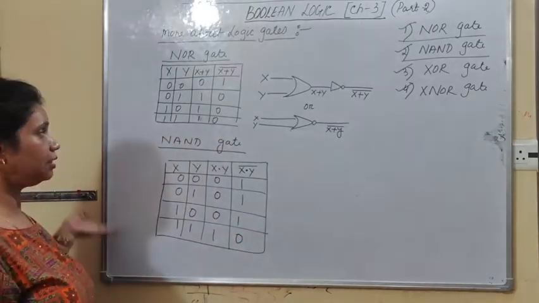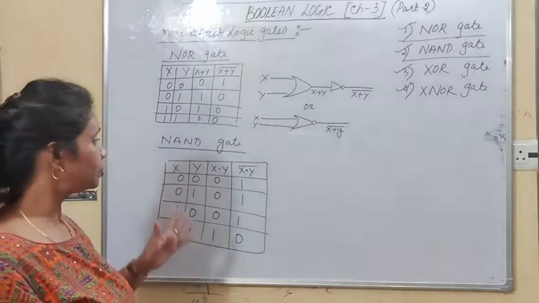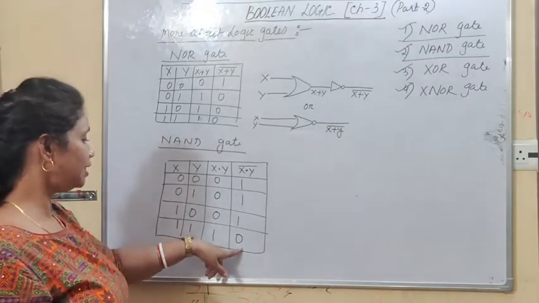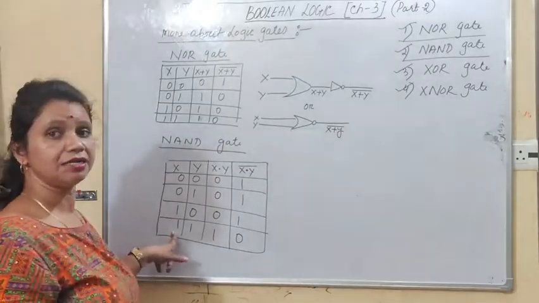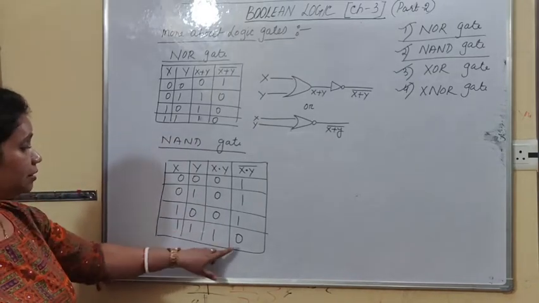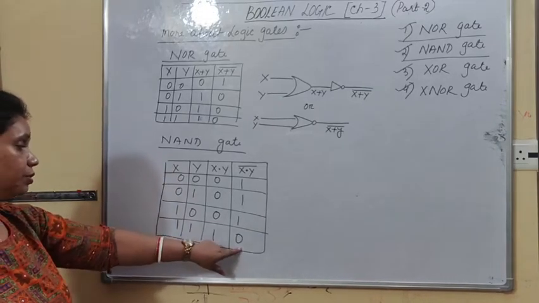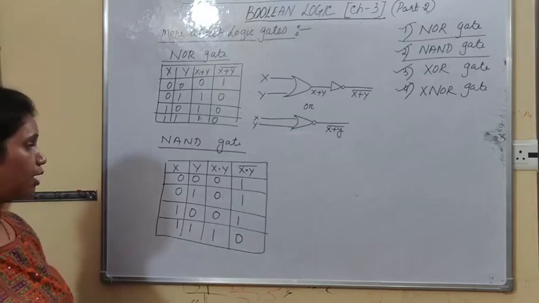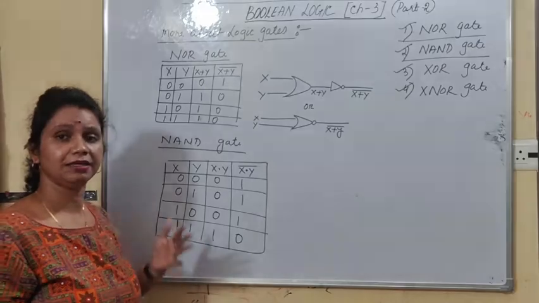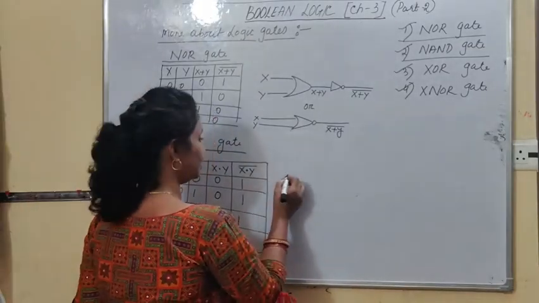Now you can conclude, or you can define the definition of NAND gate: NAND gate operates on two or more input signals and it produces the output as 0 if all the inputs are true. Right, students? It produces the output as 0, false, if all the input signals are true. Otherwise, it produces the output 1. So, it is just the opposite of AND gate. So, it is known as inverted AND gate. Right, students? So, now let us draw the logic diagram of this NAND gate.